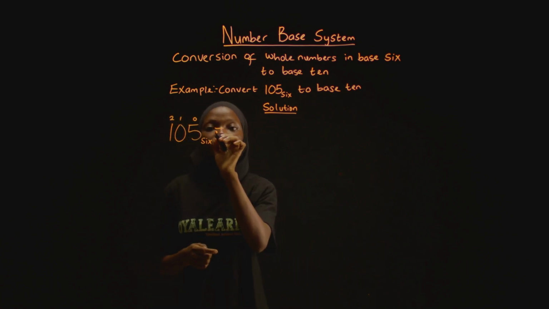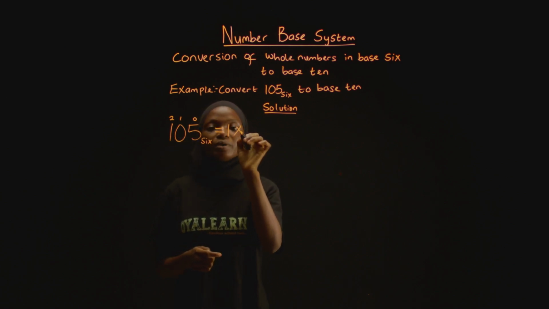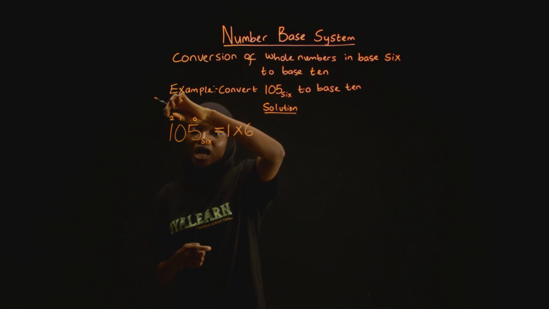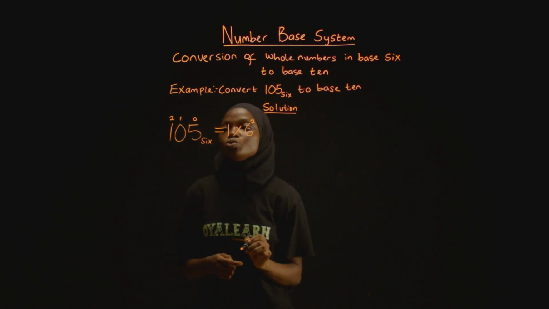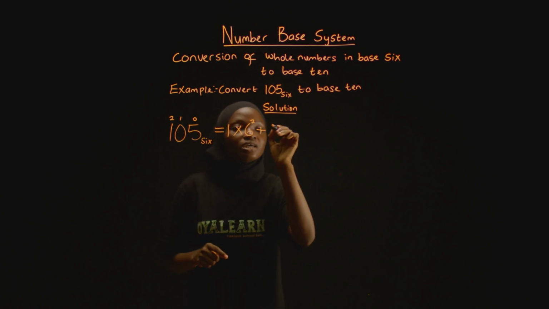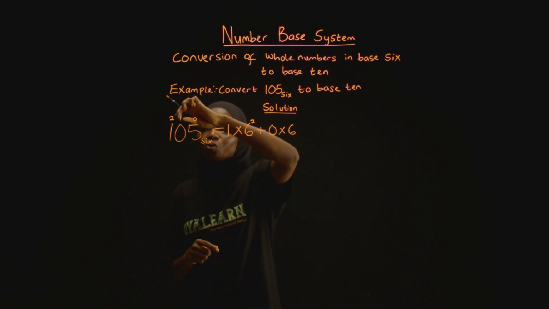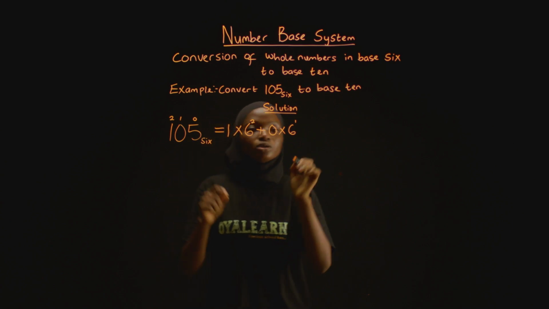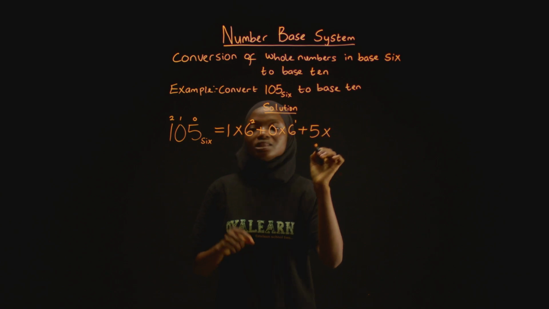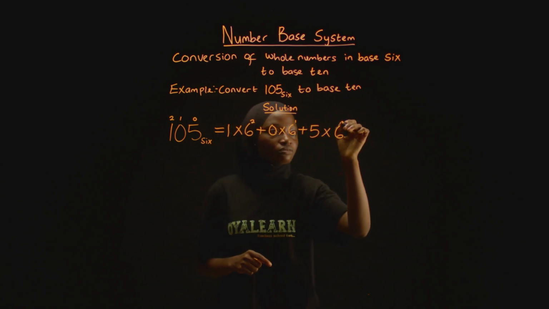Then we simplify further. This becomes equal to the first digit, 1, multiplied by the base, 6, raised to the power of the numbering we have on top of the digit, 2, plus, we do the same process for the next digit, and the next digit here is 0. So you have 0 multiplied by the base, 6, raised to the power of 1, we have a 1, plus the next digit, 5, multiplied by the base, 6, raised to the power of 0, the numbering we have, 0,